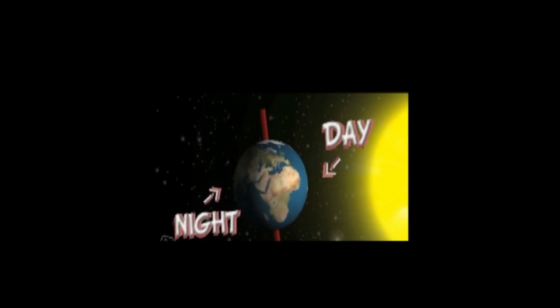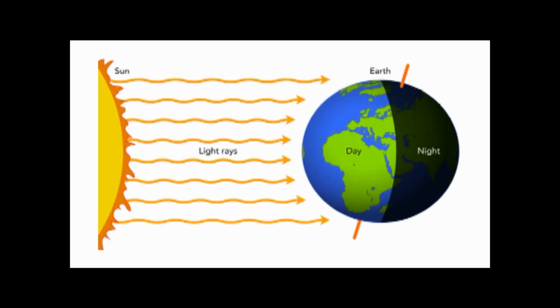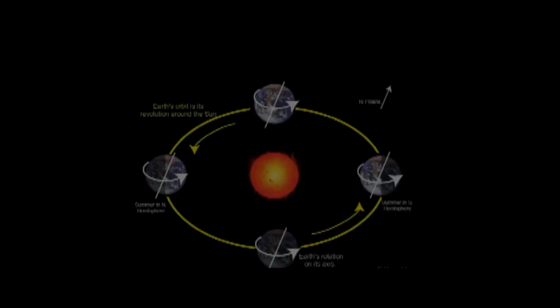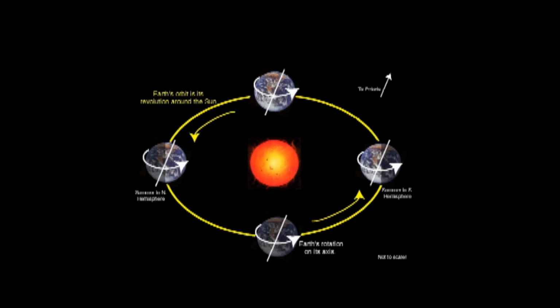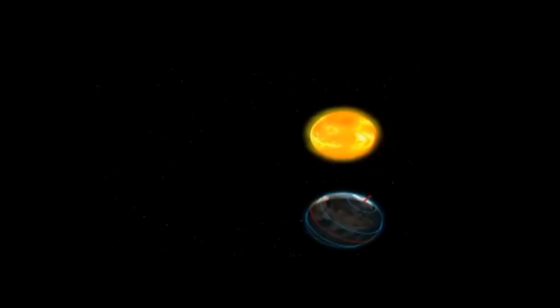Earth takes 24 hours to complete one round on its axis, which makes day and night. The part of Earth facing the Sun is day, while the other part is night where the rays do not reach. About 500 years ago, a Polish priest, Nicolaus Copernicus, declared that the earth moves around the sun, and the ancient Greek mathematician Pythagoras declared that the earth is round and moves on its axis.